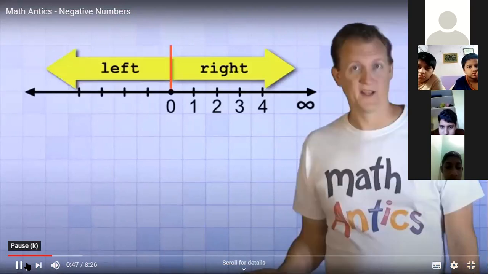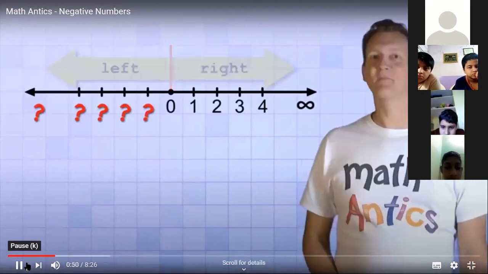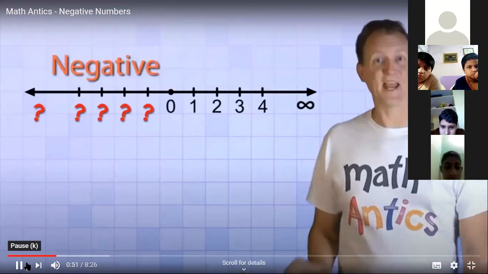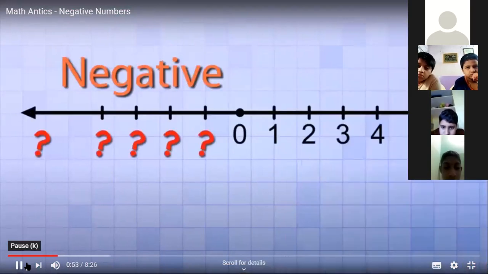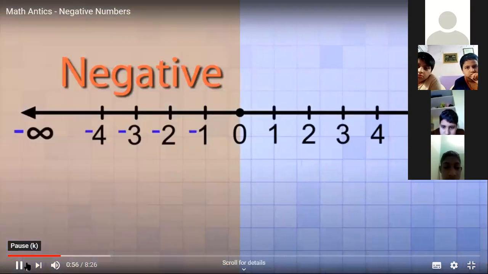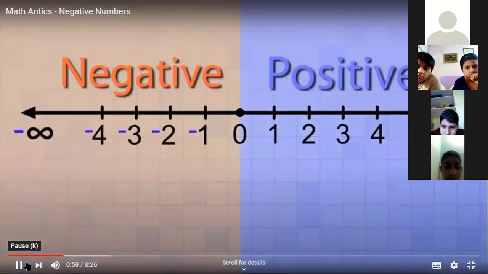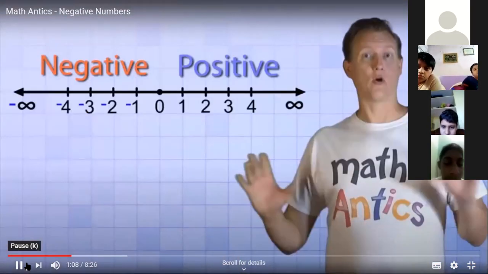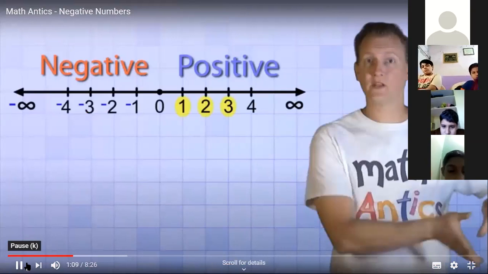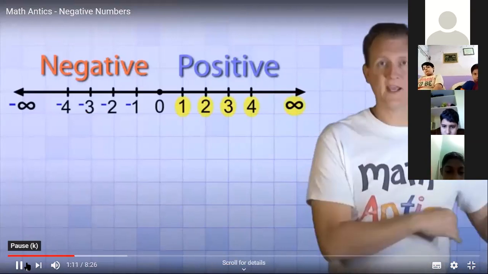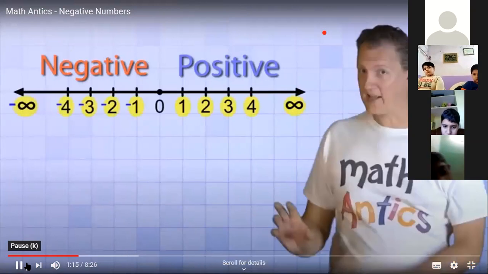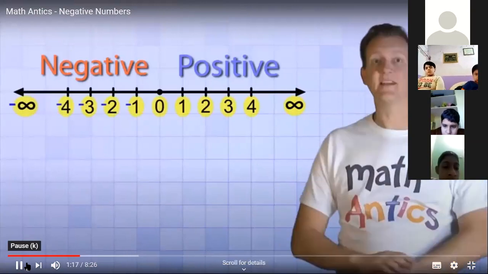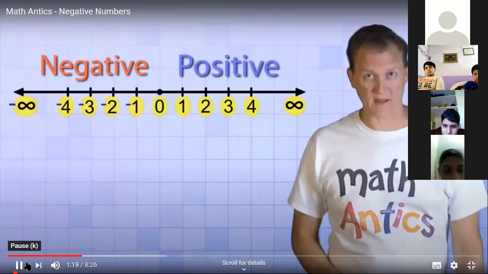And what numbers are on that part of the number line? Yep, you guessed it, negative numbers. The negative numbers are just like a mirror image of the numbers on the right side of the number line that we call the positive numbers. And 0 is the special number that separates the positive numbers from the negative numbers. By the way, when you combine all these numbers, 1, 2, 3, and so on up to infinity, and -1, -2, -3, and so on, down to negative infinity, and the number 0, that entire set of numbers gets a special name in math. They're called the integers.